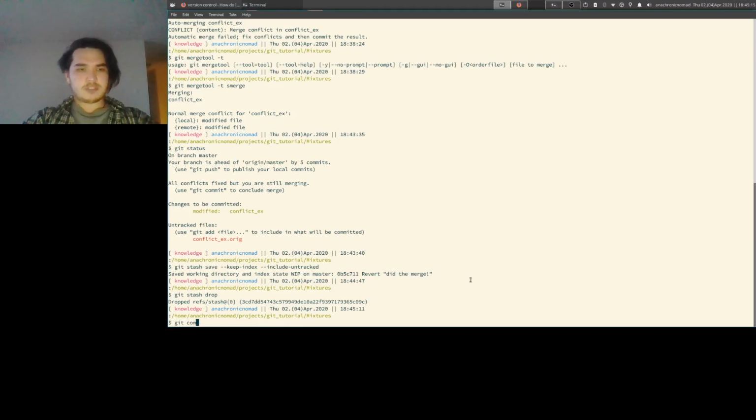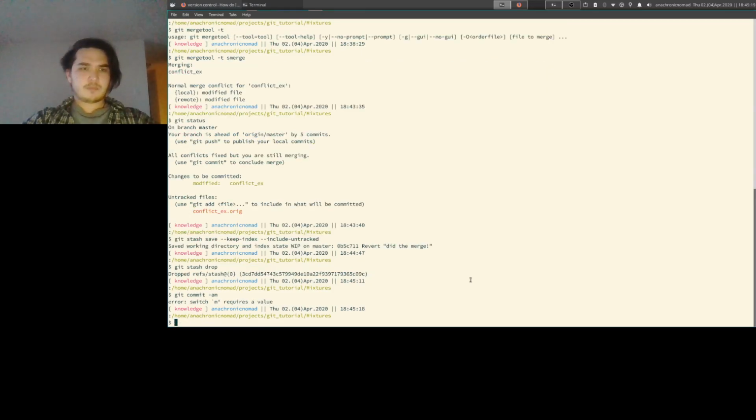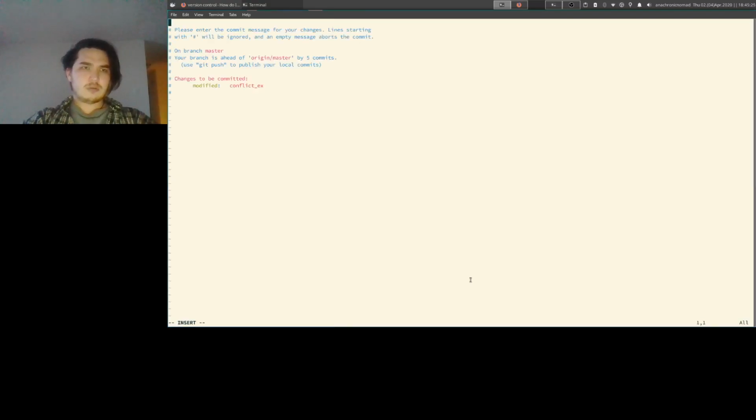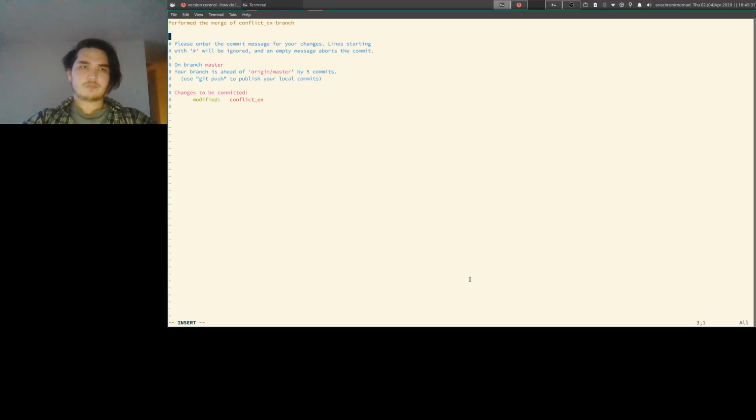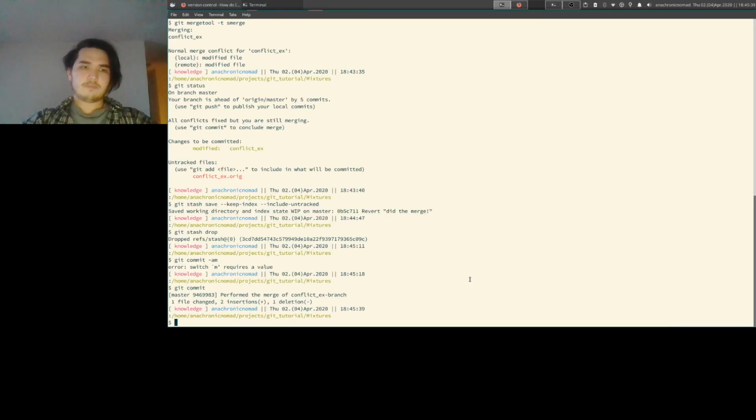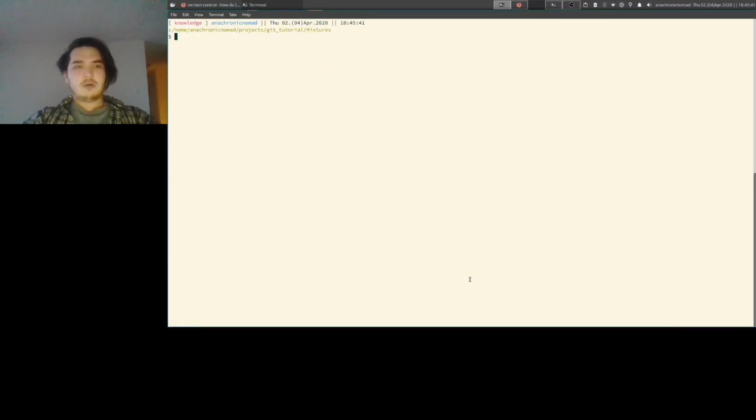And now I want to git commit -am. What happens if I just do this? Okay, it won't set the message automatically for me, but we performed the merge of conflict example branch. And so, you know,